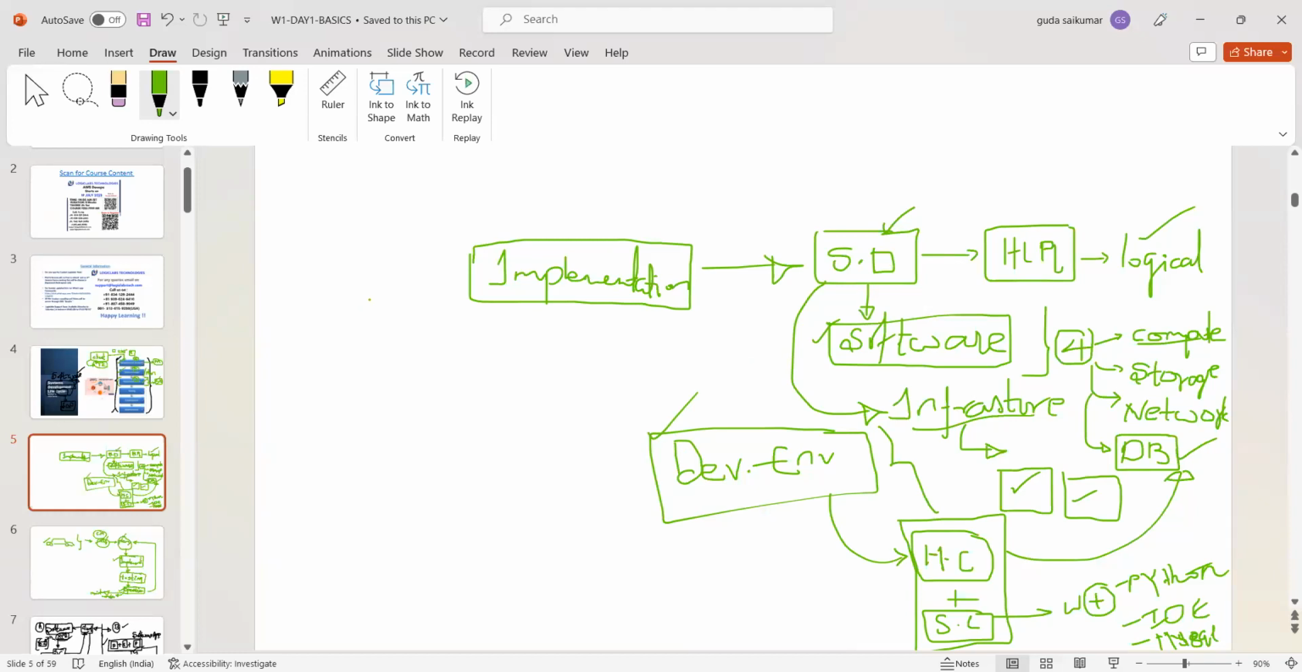Now here, one more thing you should know. Whatever programming the software developers are doing with a high-level programming language is called source code. Source code in the form of a high-level programming language, let's say Python or Java. Whatever the developers are writing initially, we call it source code, which is in a high-level language like a Python script